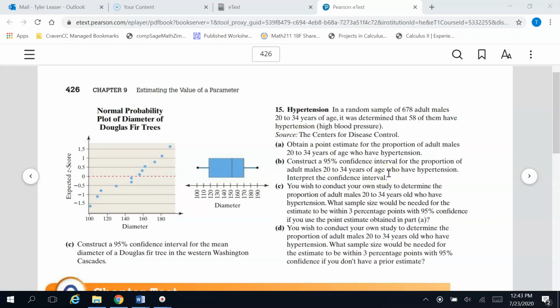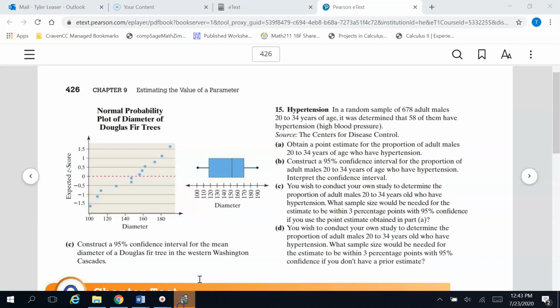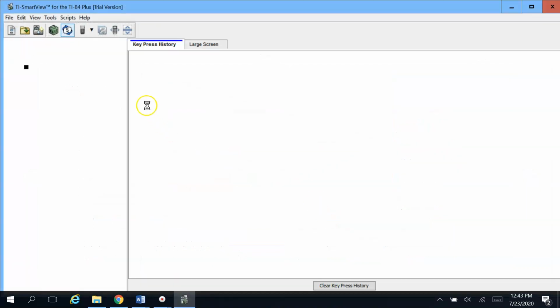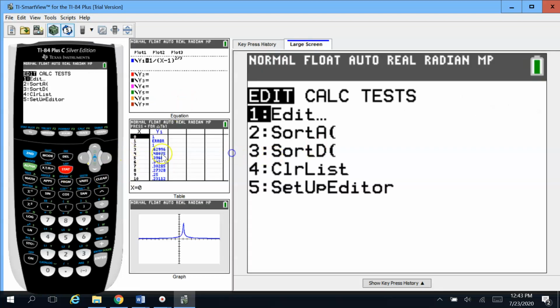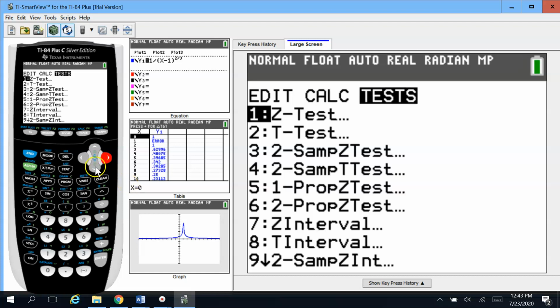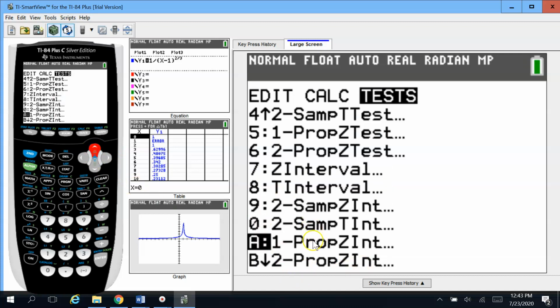And we're just going to use the calculator to calculate this 95% confidence interval. So we're going to go to the same menu that we were at before. So that was under Stat and then Tests. So Stat, and then we're going to arrow over to Tests. So now we are doing proportions with a confidence interval. So you're going to have to scroll down a little bit. And the option that we want here is called 1 prop z int. So proportion, z-scores, and confidence interval.